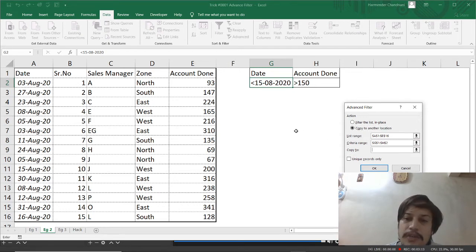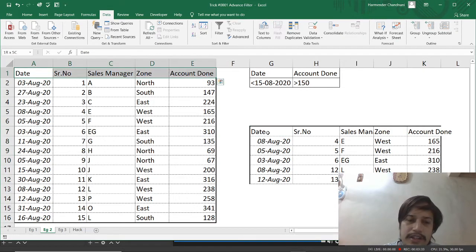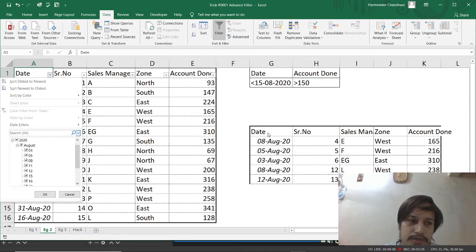Again, for the copy to, I'll just put here because I wanted the extracted table to be here. Once you click OK, just check your two criteria. First, the date should be less than 15th August, that's matching, and the account should be greater than 150. Suppose I'm not sure whether it's correct or not. First I'll just filter it out manually for your easy understanding.